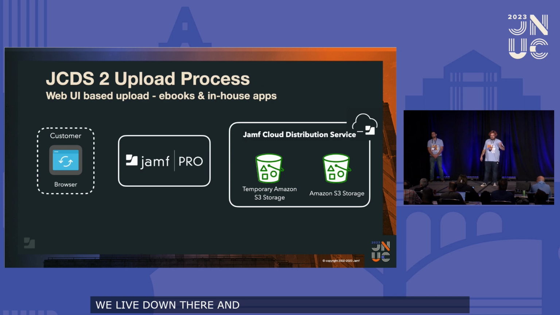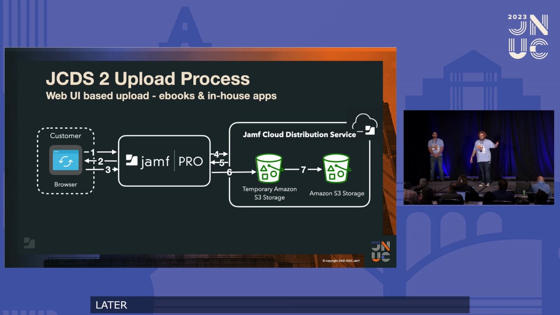Next up, we do have uploads. As Travis mentioned, we have 3 different things we can upload, starting with ebooks and in-house apps here. The browser session in the Jamf Pro UI is going to start the process. You're going to navigate to that page. We're going to show that a little bit with packages later. Jamf Pro is going to return the upload page. That's step 2. Step 3 is that the user is going to select the file that they want to upload, of course. The browser is going to communicate with the Jamf Pro server to complete that upload process,